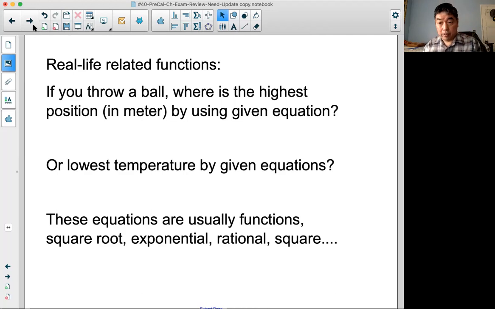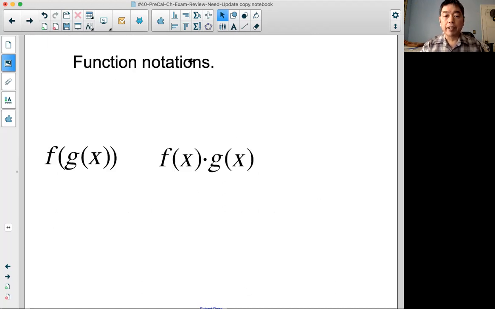compound interest function. You know, that is an exponential function, right? So you can use that one as an example and see how you treat it, and you have to identify what the variables are and what the given variables and unknowns are. If you know those, it might be easy for one to three kinds of questions. Okay. All right, function notations: